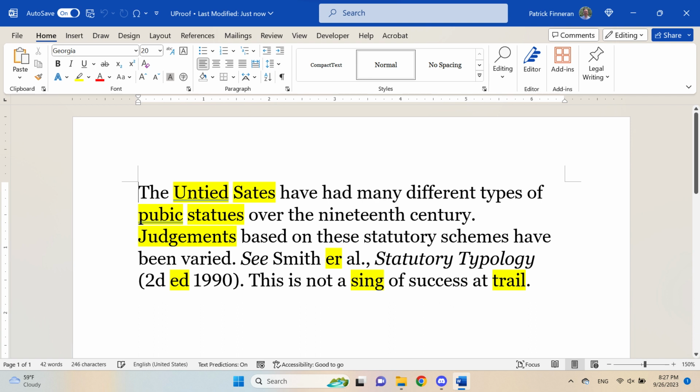Other words, like statue, sing, or trail, are easily mistyped versions of words we use a lot in the legal community, namely statute, sign, and trial. In both cases, it's easy to read over these kinds of errors, especially when we're reading quickly in our final mechanics review before turning in an assignment or brief.